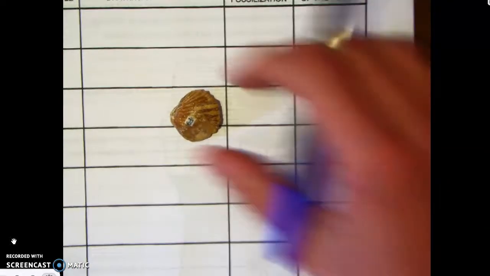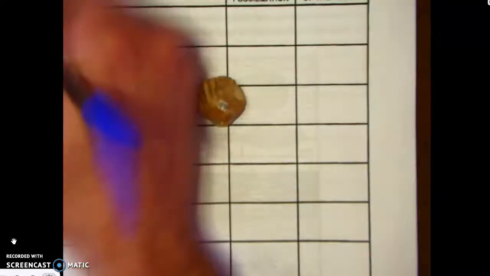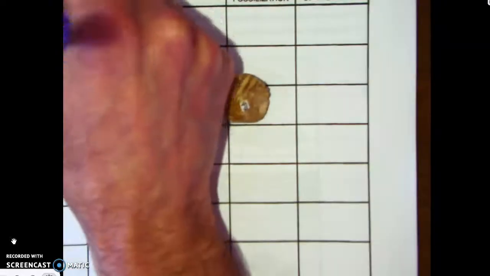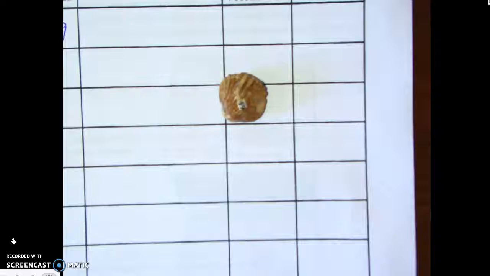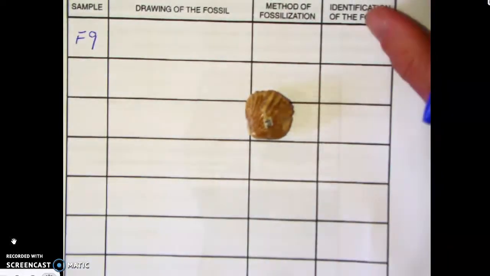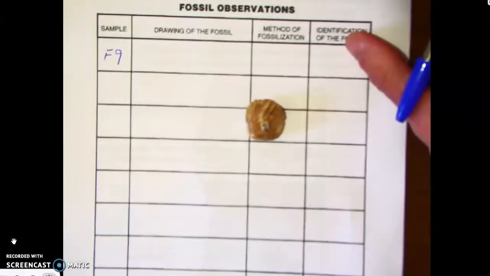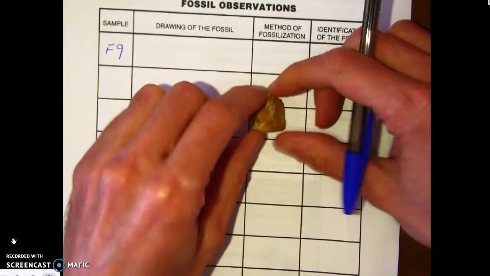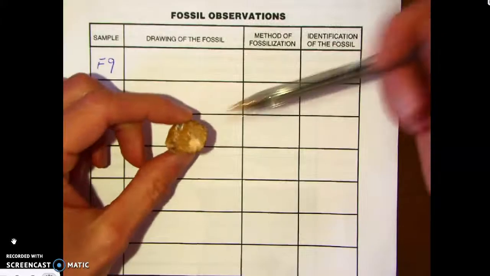Its letter number is F9. So I'm going to write F9 here. Again, though, you can type that directly into the document. Now, if we take a look at the fossil, here we have what's called a bivalve, meaning a creature